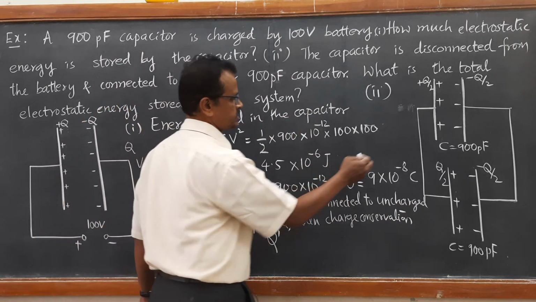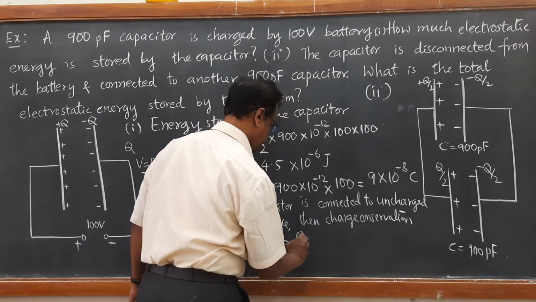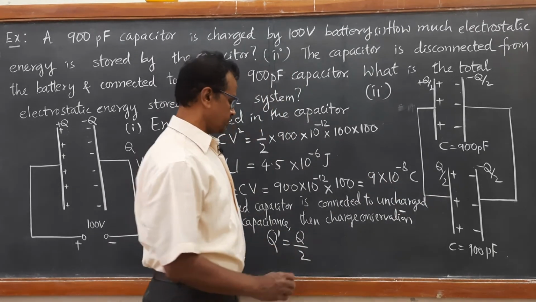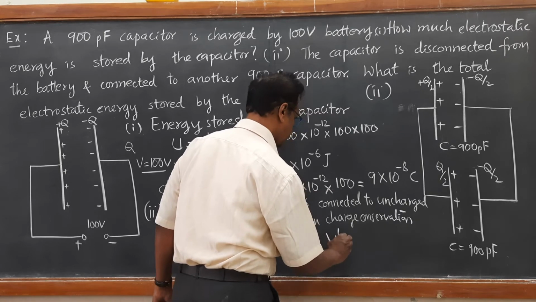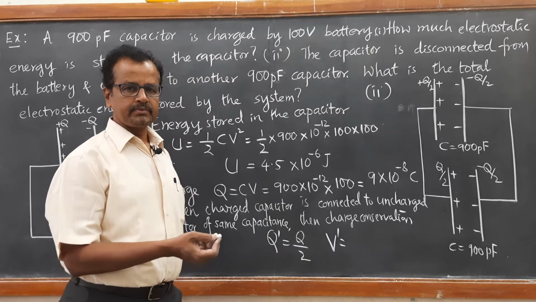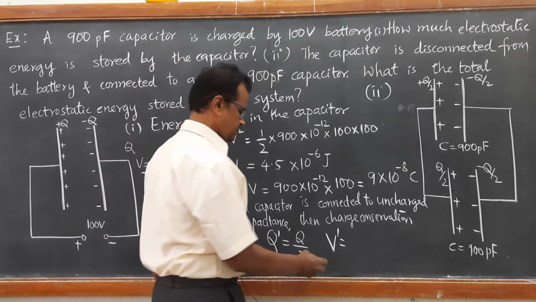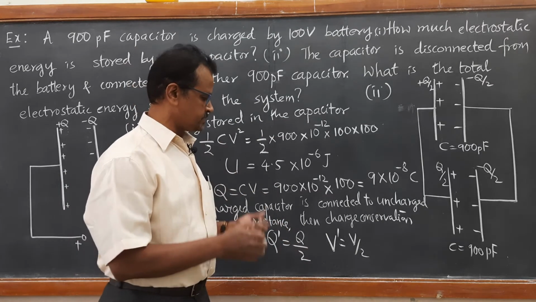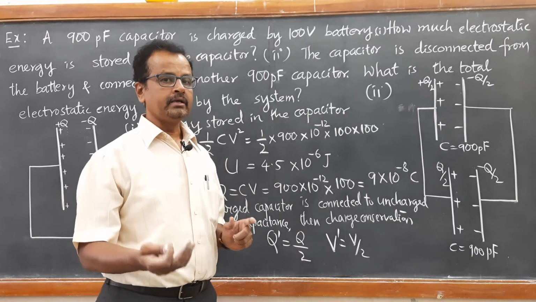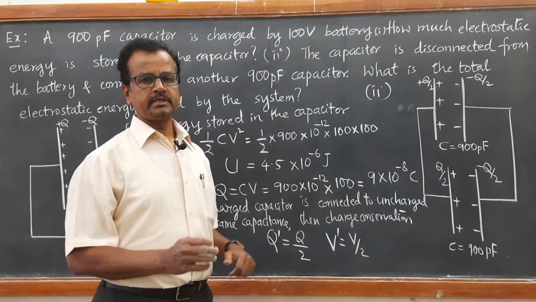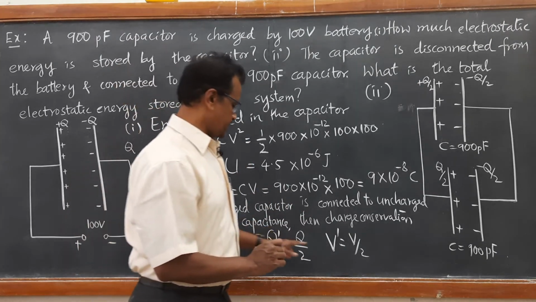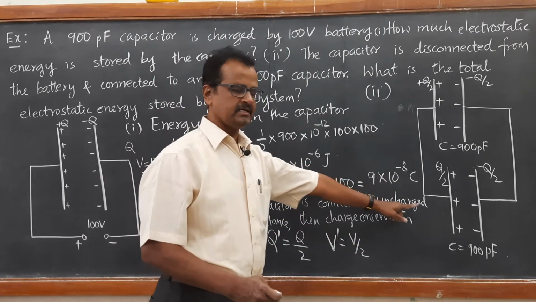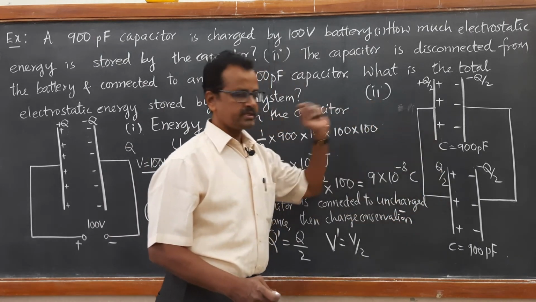Q dash is the charge. Q dash becomes Q by 2. Let Q dash be the charge on this, then it becomes Q by 2, and V dash be the potential difference. So when the charge had become Q dash, V will be V dash, and it will also be V by 2. So if you take the ratio of Q dash by V dash, it should again give you Q by V, which is the capacitance C. Q dash by V dash gives the same value of capacitance C, because both are of the same capacitance.